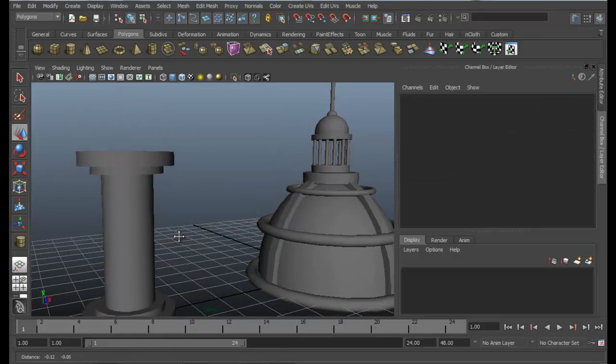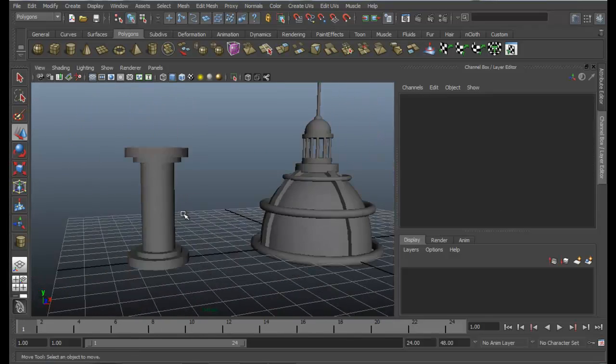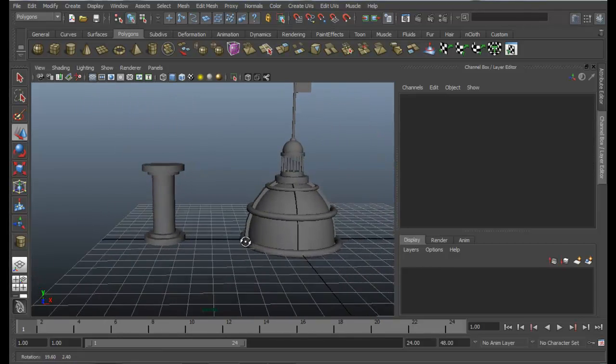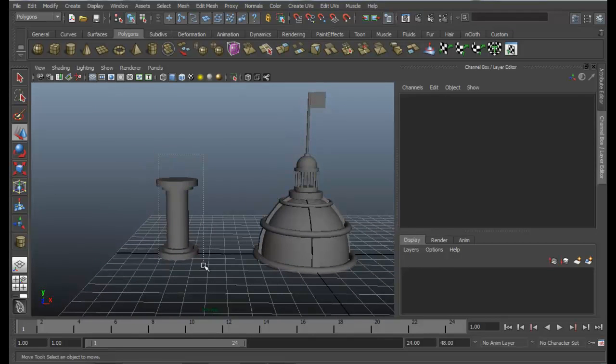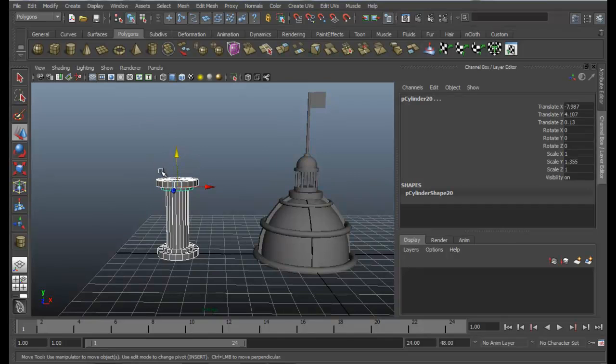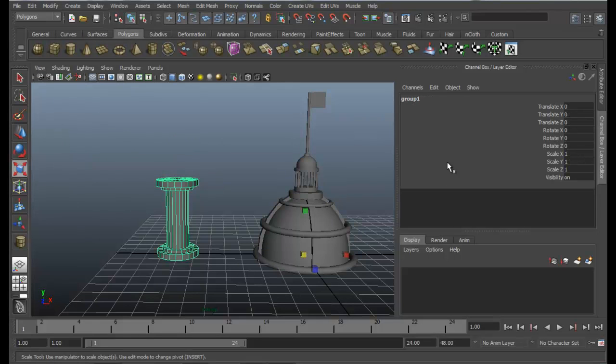So this technique is focused on those who are just beginning modeling, but for professionals it's nothing. Okay, sorry, go to modify, center pivot and scale it. Then let us group it and name it pillar.